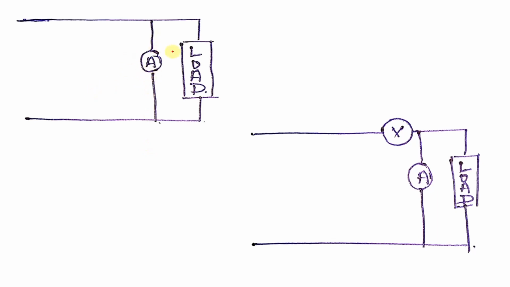See, we know that in any load, whenever we want to calculate the current through the load, we have to connect an ammeter. And the ammeter is always connected in series to the load. But now the question is asking what will happen if the ammeter is connected in parallel with the load. So what is basically an ammeter? An ammeter is equivalent to a galvanometer.